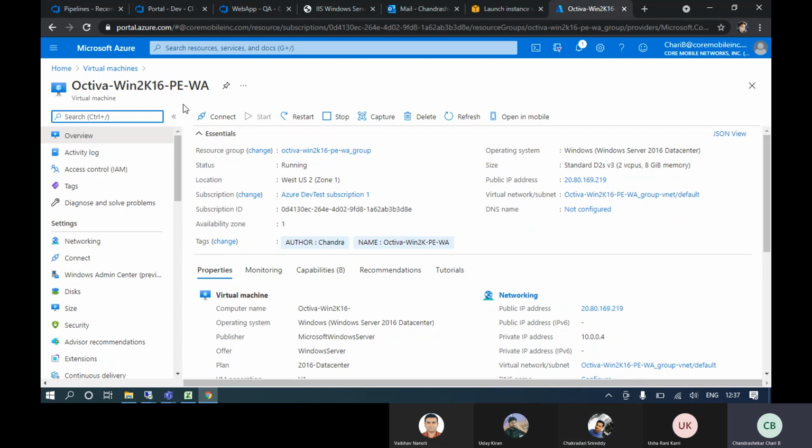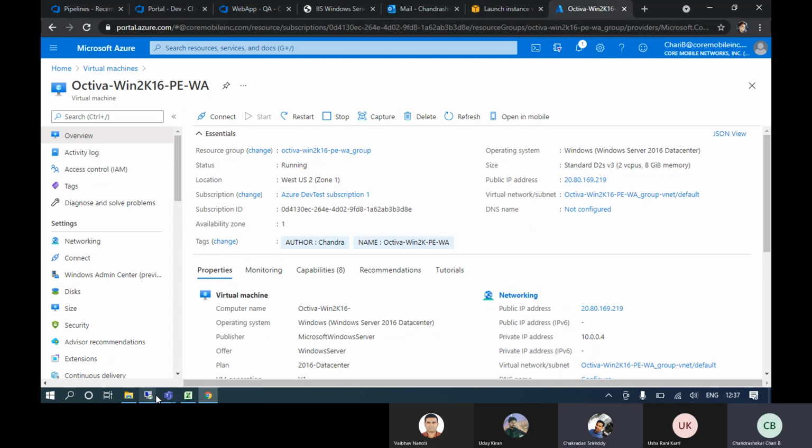SQL services will not be there, right? So I logged into that 2016 server and downloaded SQL services in it. I downloaded, installed and configured MS SQL. I remember it takes around 30 to 40 minutes to configure. So I converted this Windows 2016 machine, like how we use AWS, completely on premises, like how we used to do earlier.